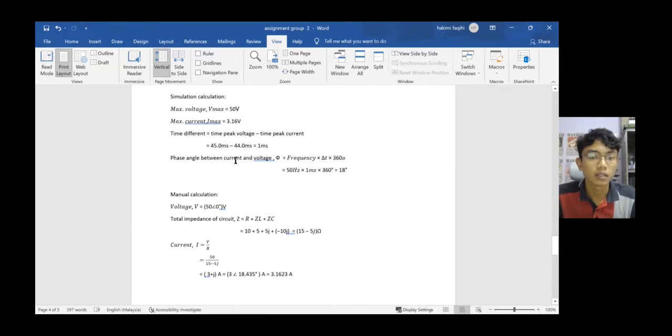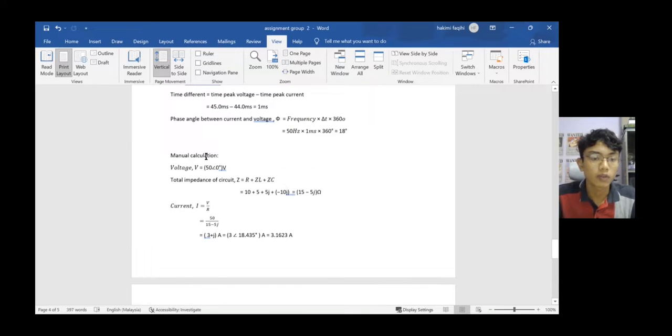So the phase angle between current and voltage, the formula is frequency times the time difference times 360 degrees. So 50 hertz times it, and we get 18 degrees. So the manual calculation for the voltage is 50 degrees,